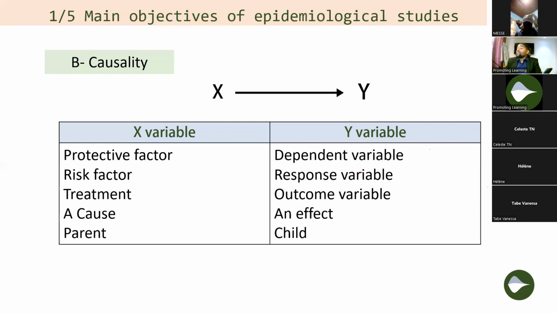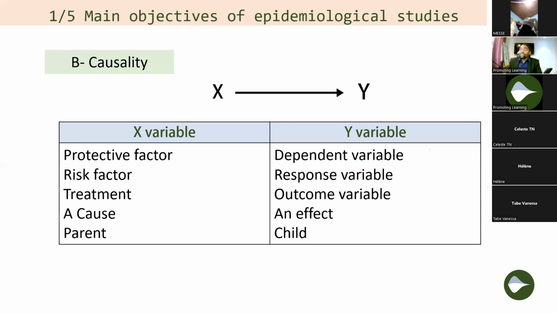Oui, le truc, c'est que quand on fait déjà un essai contrôlé randomisé, automatiquement, on n'a même pas trop ce problème. Parce qu'on sait que ce sont les études qui sont les meilleures pour déterminer la causalité. Donc, quand vous utilisez le terme traitement, le terme exposition, même si vous utilisez un terme vague, tout le monde va comprendre qu'il s'agit en fait d'une cause. Donc là, c'est clair. Je pense que de ce que j'ai pu voir jusqu'ici, la littérature est très flexible. Et le plus important, c'est qu'on comprenne exactement de quoi vous parlez. Et c'est pour ça qu'il faut prendre un terme et garder le terme jusqu'à la fin